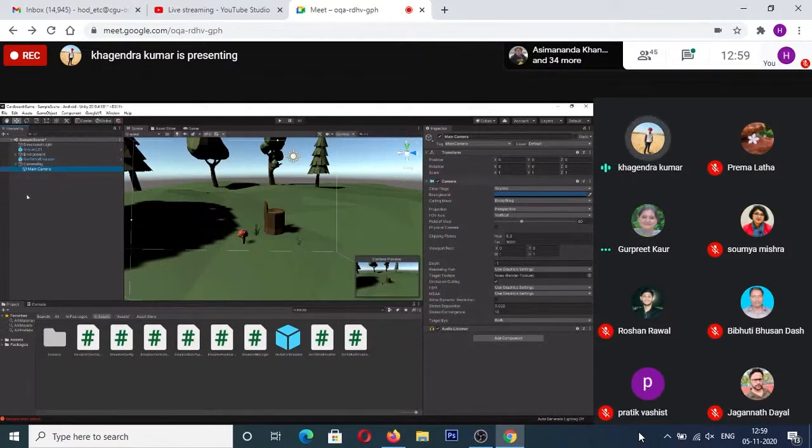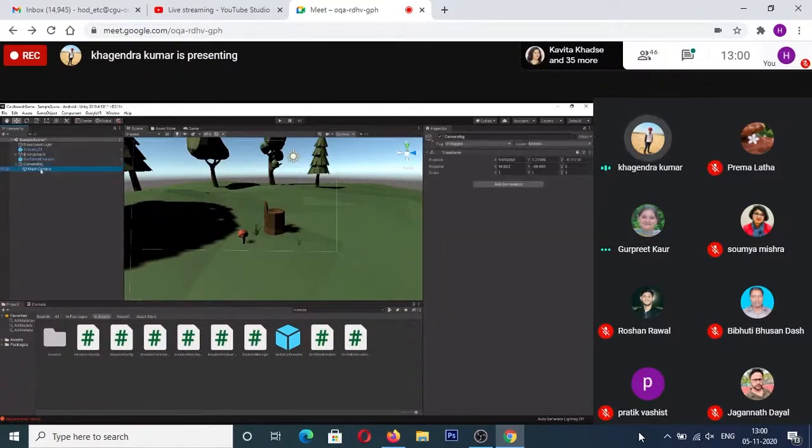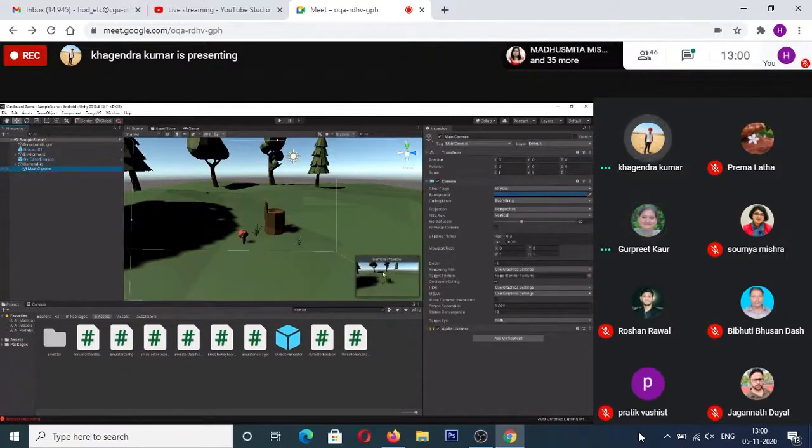But in order for that to happen, it must be a child of it. So whenever you're dropping the camera, you should drop it onto the camera rig. So the main camera should be inside this camera rig. If my view is not proper, then the camera may be at some other angle and some other position. You can reset the transform to 0 by clicking on it and choosing reset, and it will take the transform of the camera rig inside the main camera.